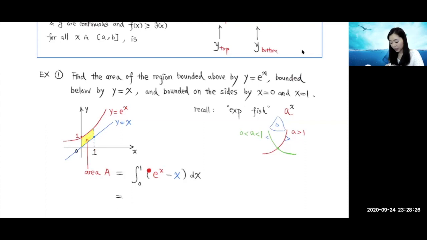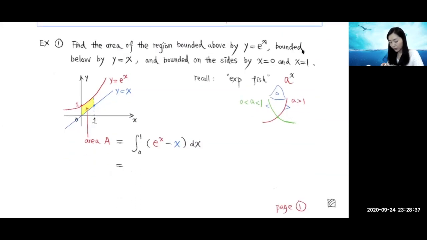So integrate e to the x minus x, going from 0 to 1. Now we know the antiderivative of e to the x is e to the x itself. The antiderivative of x is x squared over 2. So we just evaluate this from 0 to 1. That will equal to